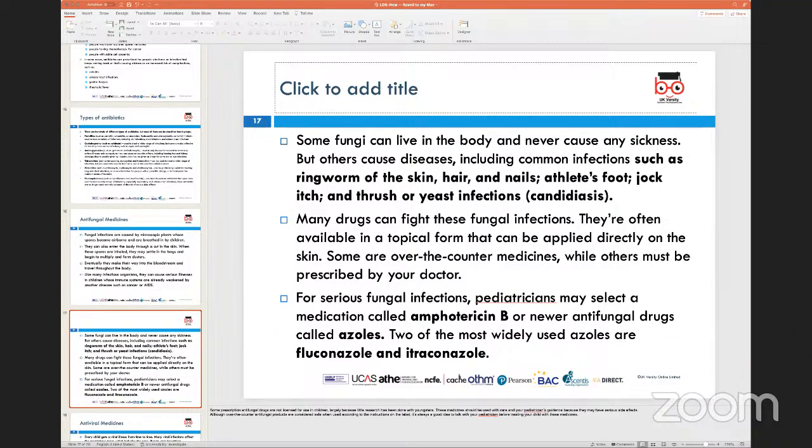But this yeast in particular, candida, can actually be found within the human body as well. And if it spreads, then it can cause a very severe type of infection which can lead to, for example, rashes, or it can lead to some sort of